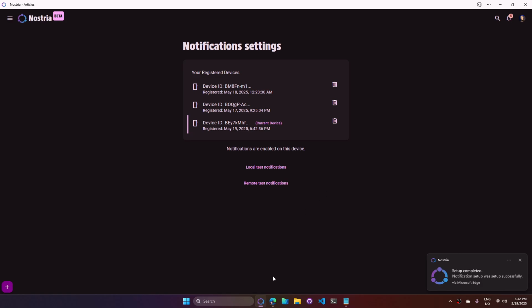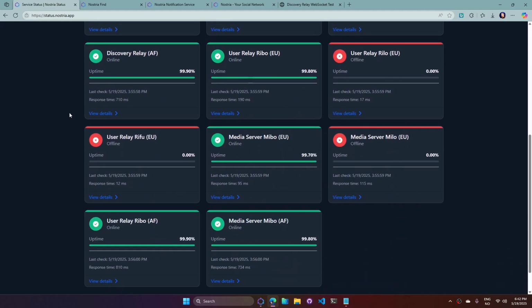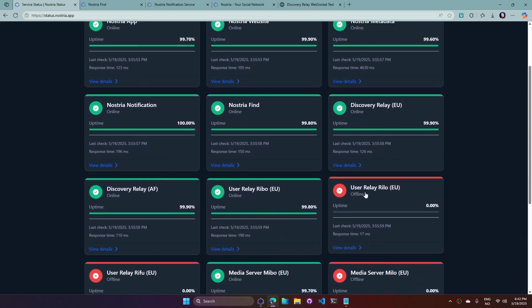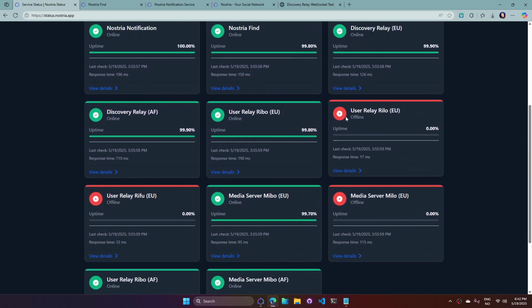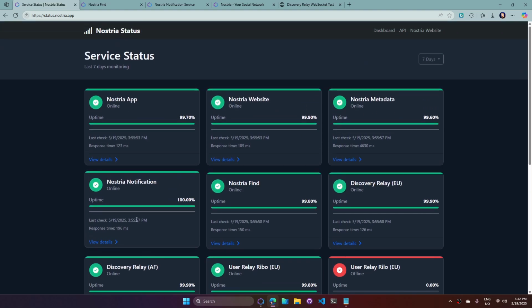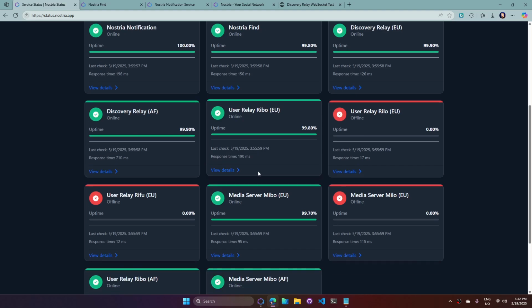Okay, so that's the latest on the application, and then I want to demonstrate the Nostria status. That is our dashboard tool that checks the uptime of all the different services. The things that are red here are supposed to be red. They are currently not deployed yet. But as you can see, we have the application, website, metadata service, notification, a find service, discovery relay, user relays,